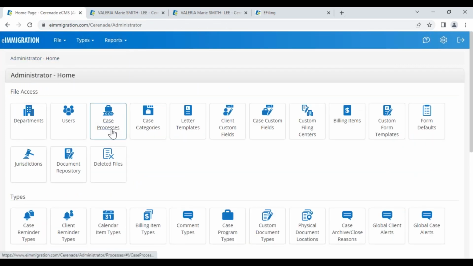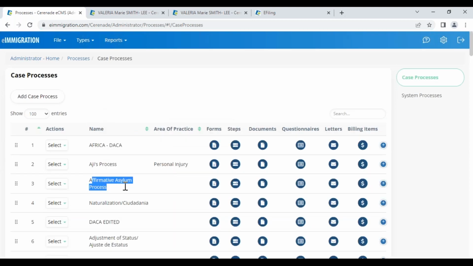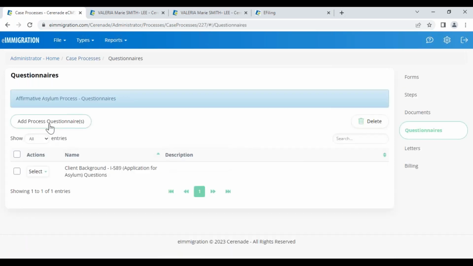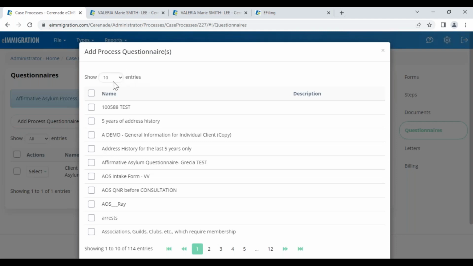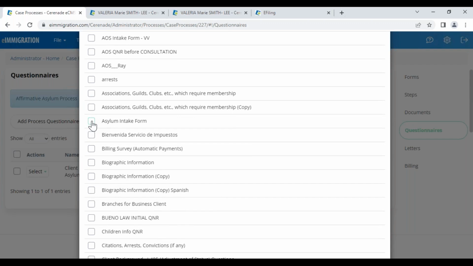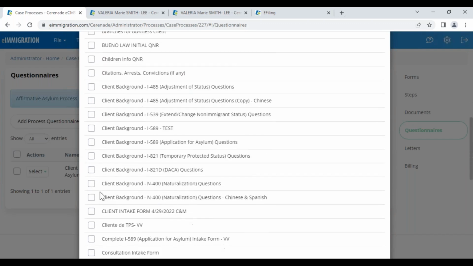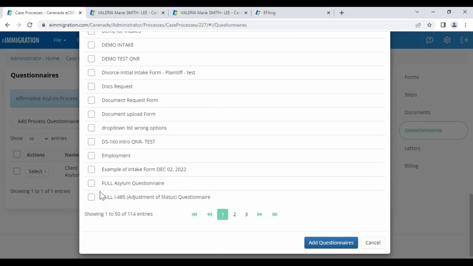If you click on case processes and then you find the process, I'm just going to pick asylum. And so I locate the process or matter, and then I click on the little circle that belongs to questionnaires. So click here and then add whatever questionnaires I want to include. So I will choose the asylum intake form, maybe biographic information, or any questions that I